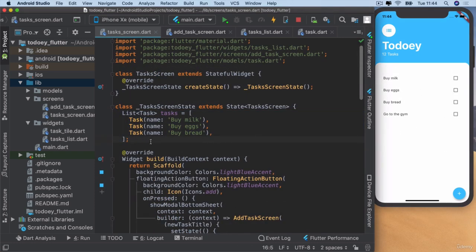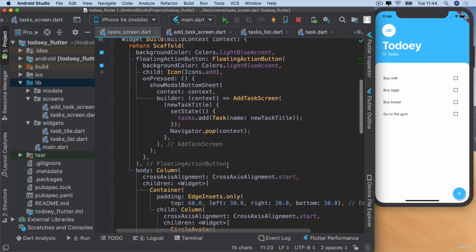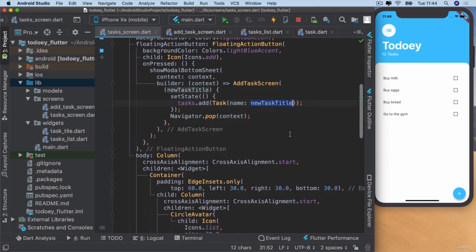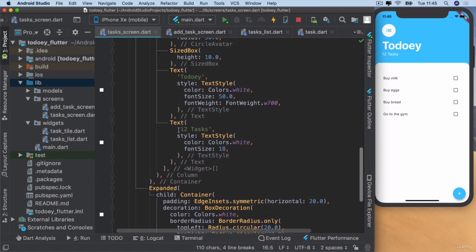So my solution might be different from yours, but as long as you've managed to lift the state of our tasks object up to the task screen state so that it can be used both inside the callback to the add task screen to get hold of the task that gets created inside the text field, and also use it inside the task list to populate it with the latest tasks when it gets updated, then you've pretty much achieved success in this challenge. Now, there's one last thing that we could add here, which also uses the tasks list,